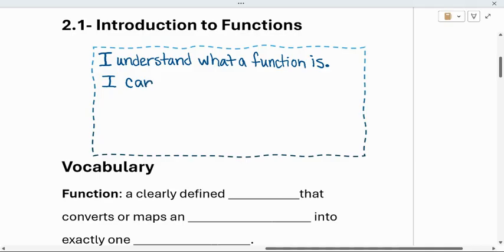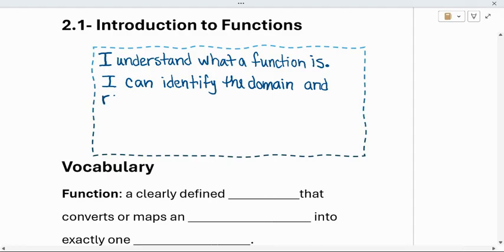I can identify the domain and range, and I'm going to put a comma there. I can identify the domain and range, comma, and